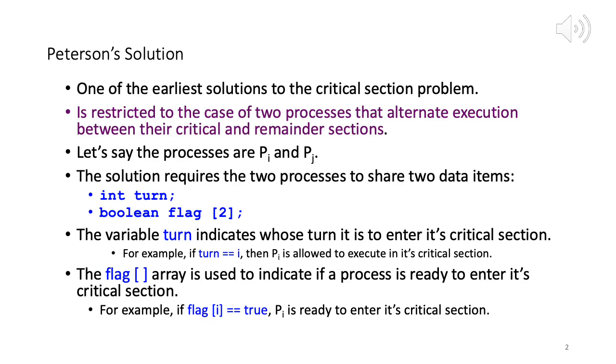That is, no two processes are executing in their critical sections at the same time. So the critical section problem is to design a protocol that the processes can use to synchronize their activity so as to cooperatively share the data. So we know that if processes are sharing data, processes or threads, each process will have within its code some statements which are accessing and updating that shared data.